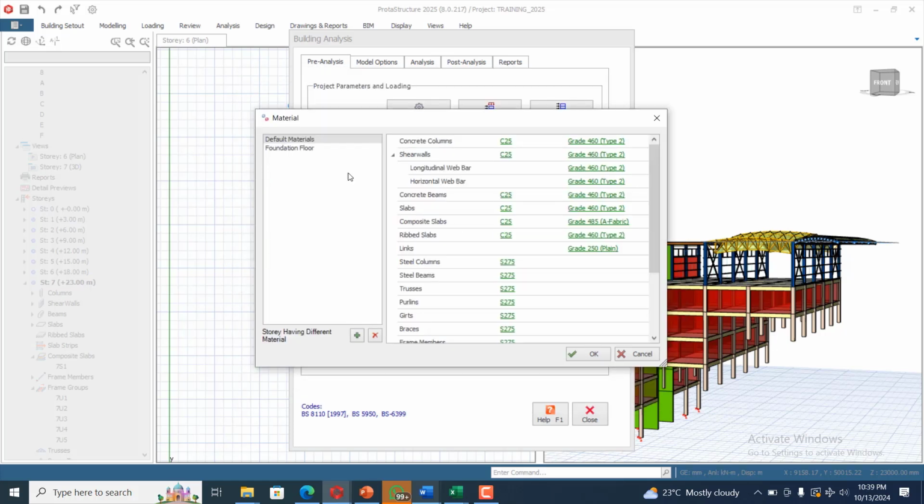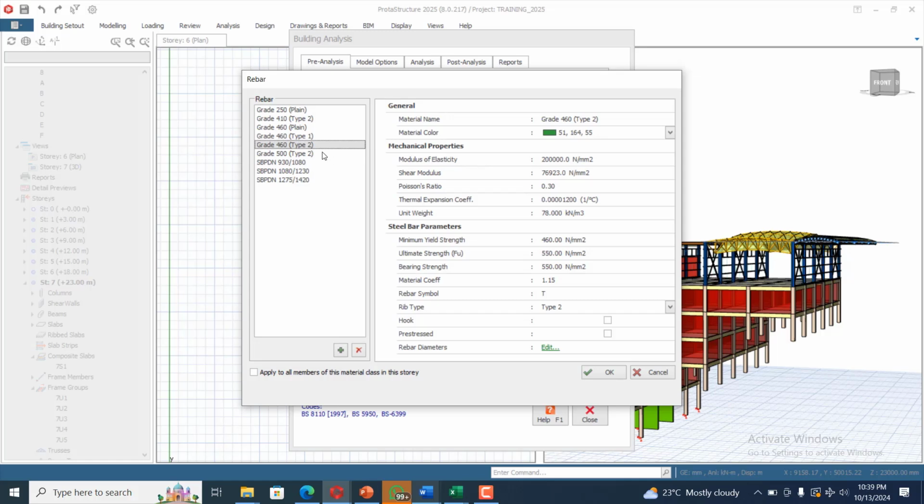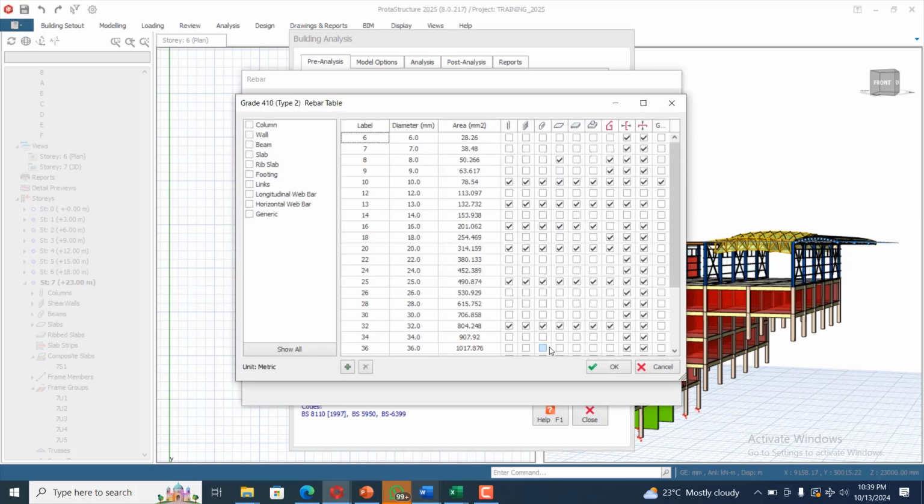I'm picking grade 25 for my concrete, for example, and then for my steel grade I can also use another steel grade. However, you can see there's also a separation here. So if I'm using the steel grade, I will apply this for my reinforcement. Although there is not much difference, it's the same with the previous one, but for my column I can decide to pick whichever size of reinforcement I want to use. So I'm going to pick 20, I'm going to pick 16,